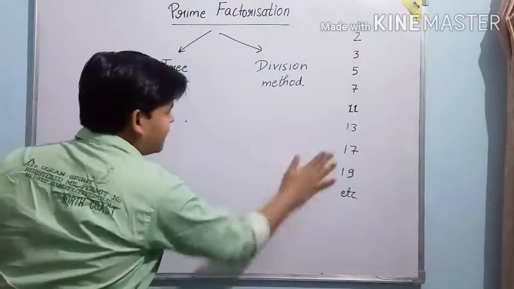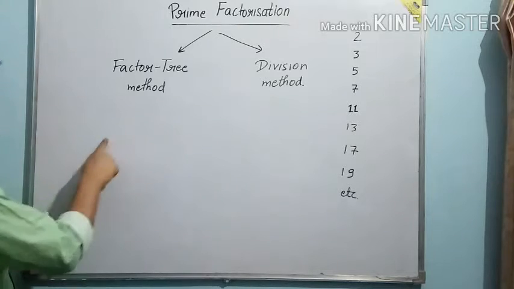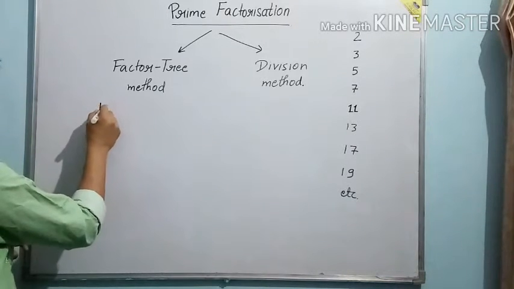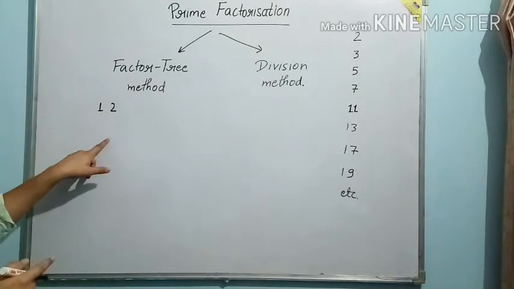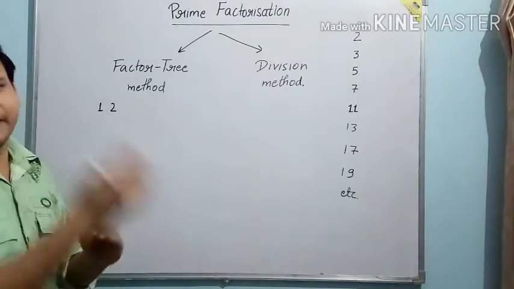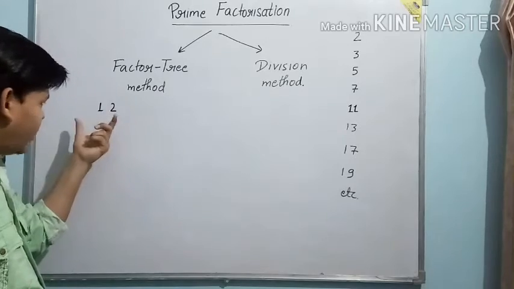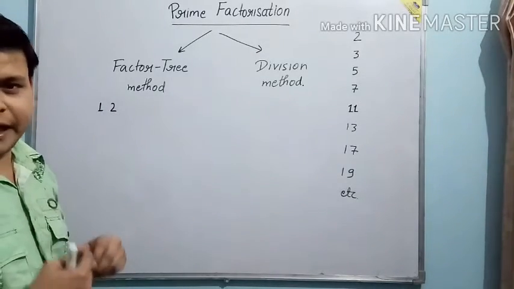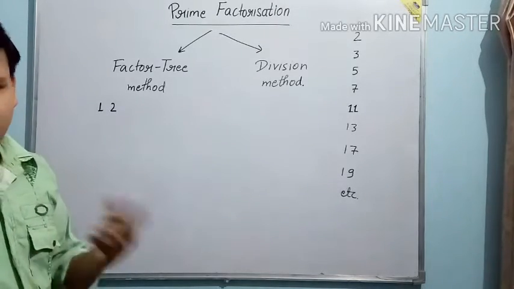So let me raise this. Now the first method is factor tree method. So what is factor tree method? Here, let's take an example. I am taking here 12. So what we have to do in factor tree method, we have to write 12 as a product of one prime number and another can be prime or composite. यानी एक पेयर में से एक नंबर तो प्राइम होना चाहिए और दूसरा नंबर can be a prime or a composite.